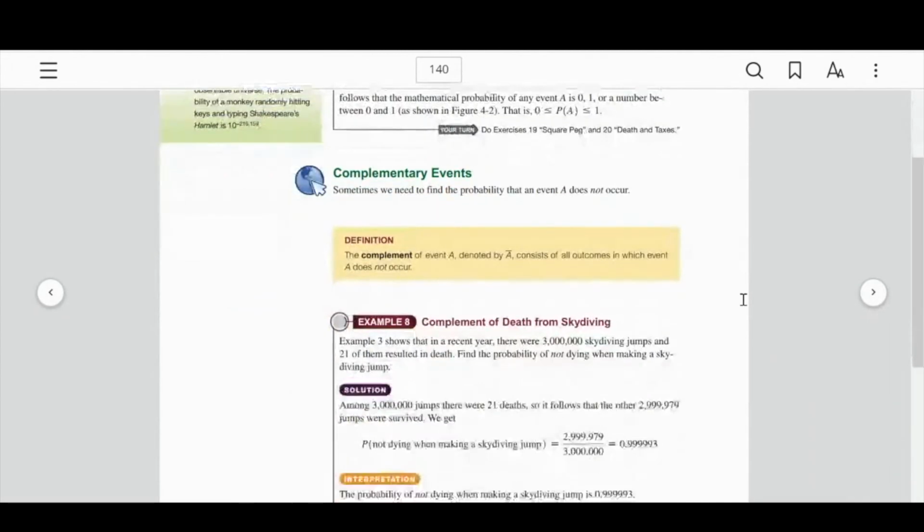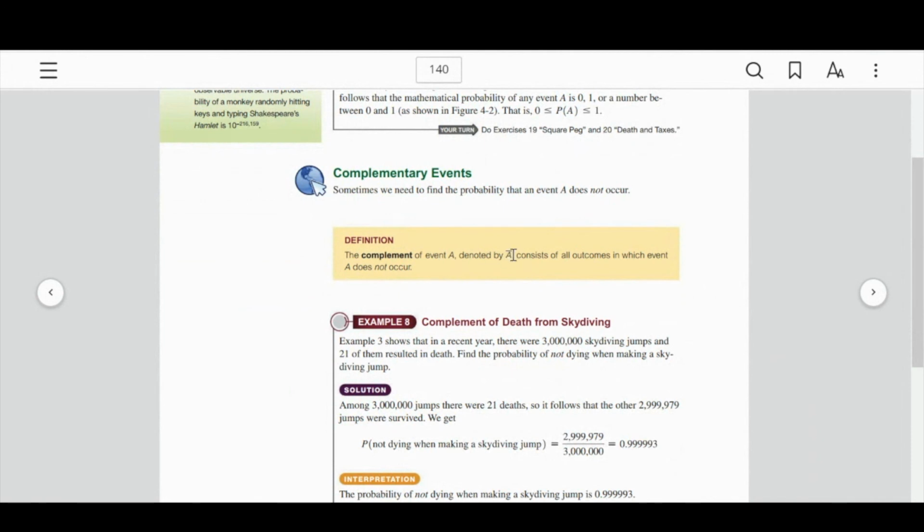Okay, something new, complementary events. So if you spell complementary with an I, this is like when you say, oh, nice hat, a compliment. That's not what this is. This is a math term, complement. If you don't look at the mentary part, just look at the complete part. A complementary event completes the sample space. So what's the complement of A?